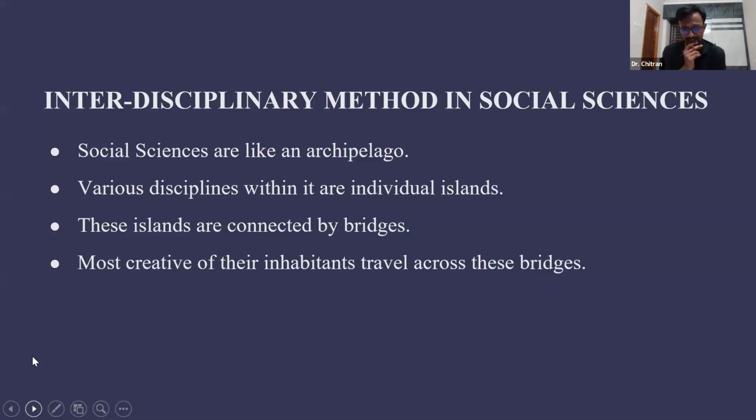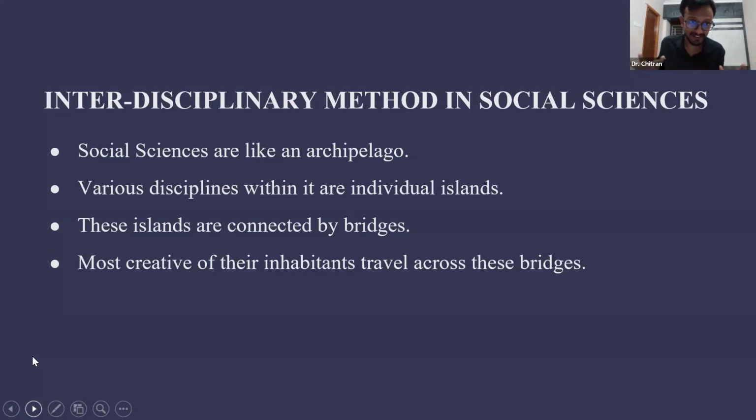Interdisciplinary method. So we discussed the sampling methods that are there. Interdisciplinarity is a very interesting topic for me, because as a historian, I borrow. For instance, I worked on colonial criminal law, and I borrowed certain aspects from sociology. Caste is something that is studied very extensively in sociology, so as a historian I borrowed some ideas of caste from sociology and used them as a method in my research.